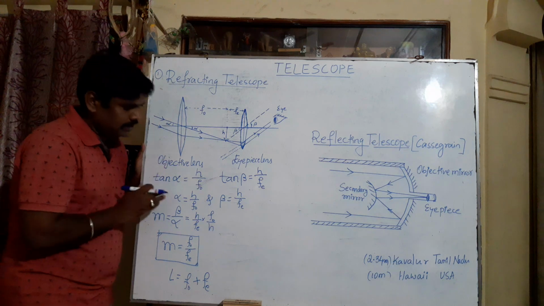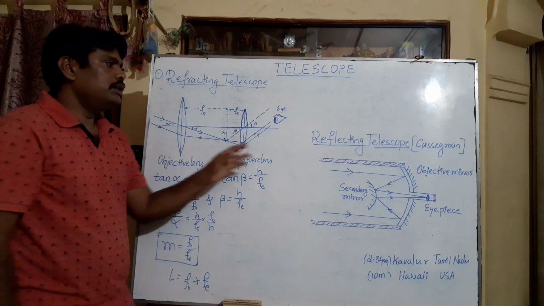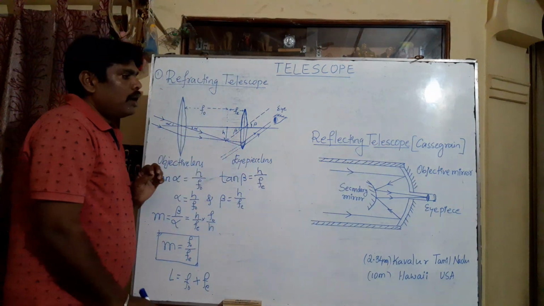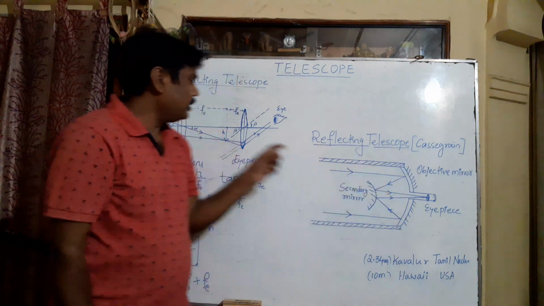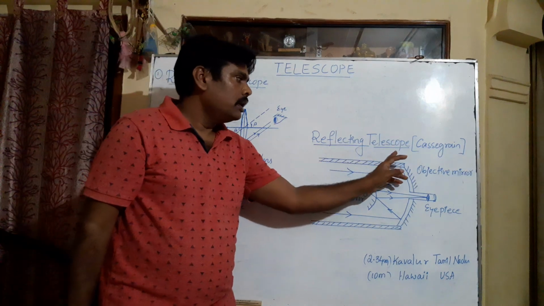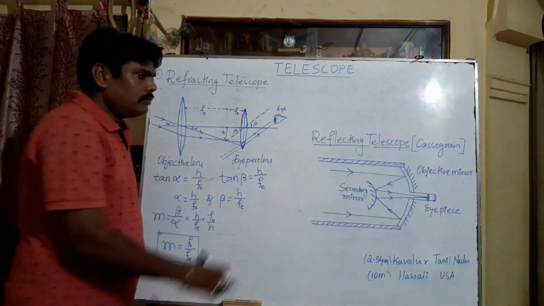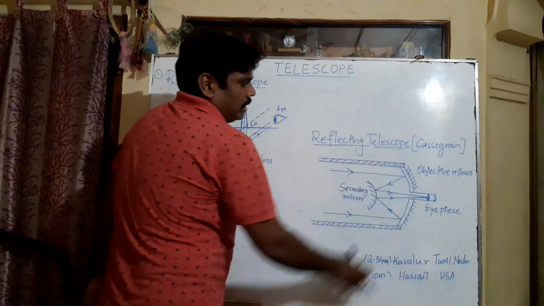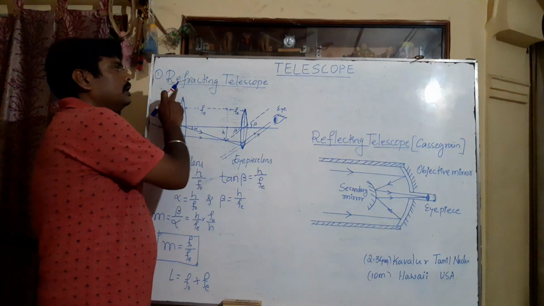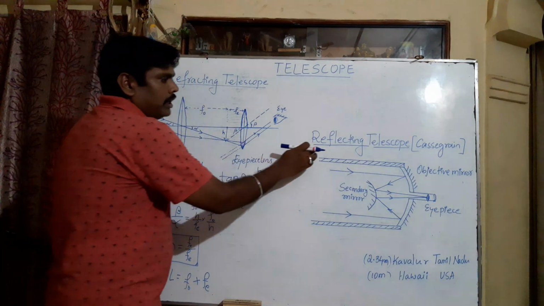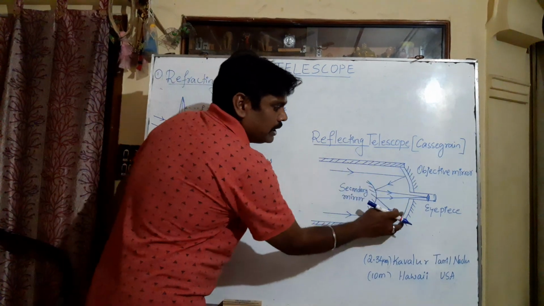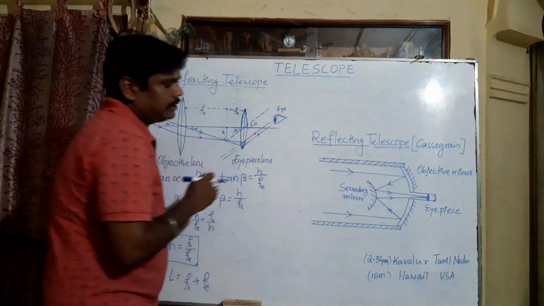But to overcome these limitations, there is a better telescope, which we call the refracting telescope. In a refracting telescope, we can avoid that physical balancing. Here it is very difficult to balance this lens, but if I consider the refracting telescope, the balancing point is very large in area, so it won't affect the construction. While constructing a reflecting telescope, that problem will not occur because we are using reflecting mirrors, right?